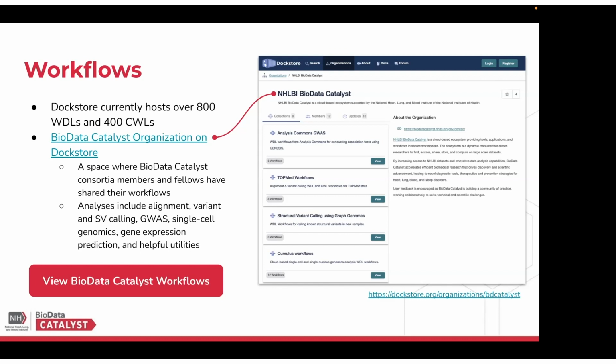So DocStore is a registry that currently contains over 800 WDL workflows and 400 CWL workflows. DocStore supports the concepts of organizations, and there is a BioData Catalyst organization that allows users and fellows of BioData Catalyst to register workflows